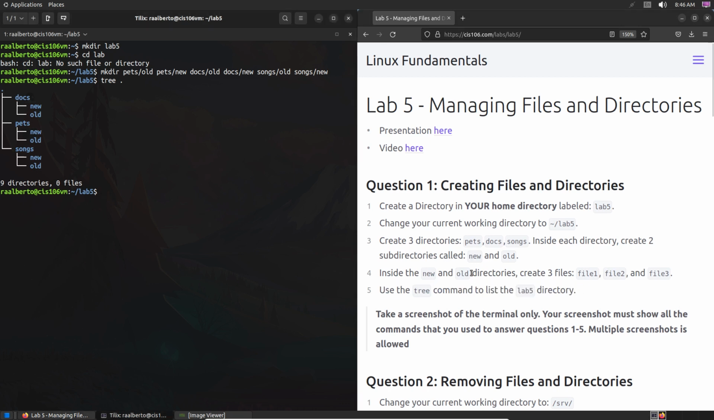Perfect. Now, I'm gonna only do the first one. I'm gonna do it for pets, and I'm gonna let you do docs and songs on your own. The whole point of this is to practice. So we're gonna do touch because that allows us to create empty files, and now I'm gonna do pets, old, and then here I'm gonna create file 1, and then touch pets, old, file 2,